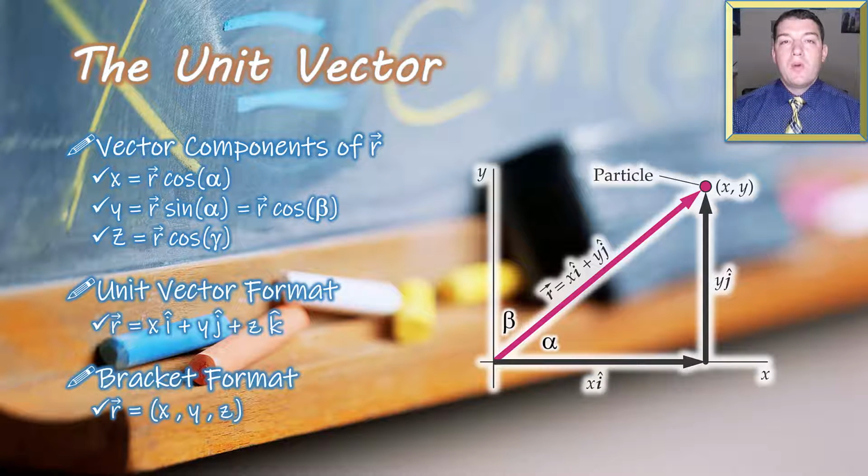We now have the x component that if we multiply by the unit vector i hat, we'd get the horizontal component in the component form. Or we now have the y component that if we multiplied by j hat, we'd have the y component for component form. If there was an extension into or out of the page, so there was some angle relative to that perpendicular or z-axis, and we could call that gamma, then we could use r cosine gamma to be able to get the z component and multiply that by k hat to get the third part of our component form